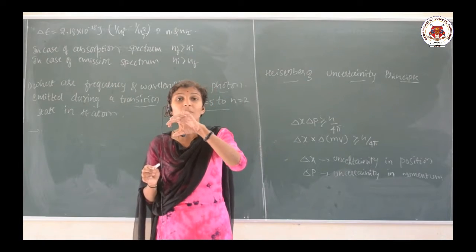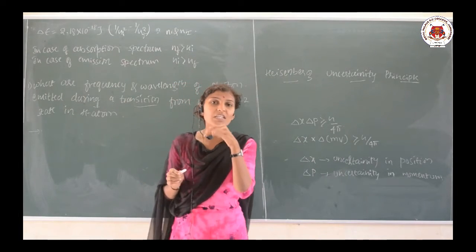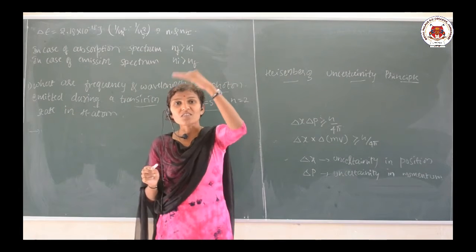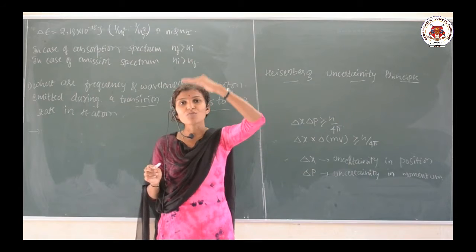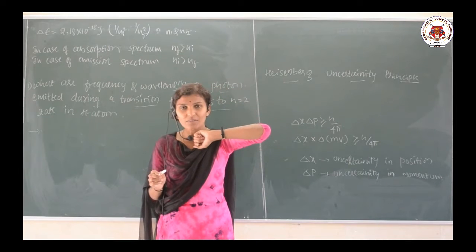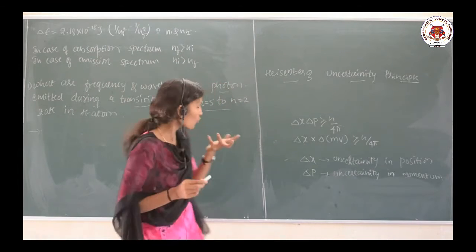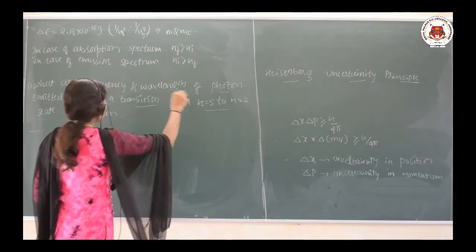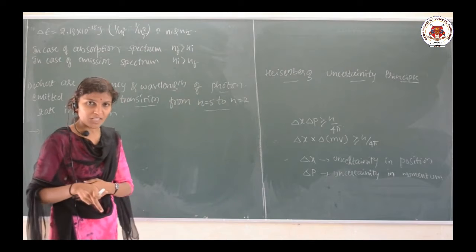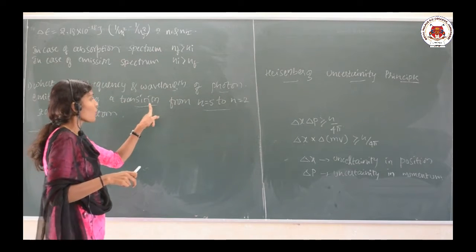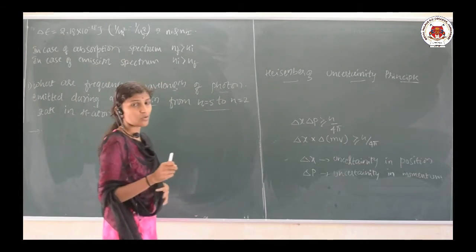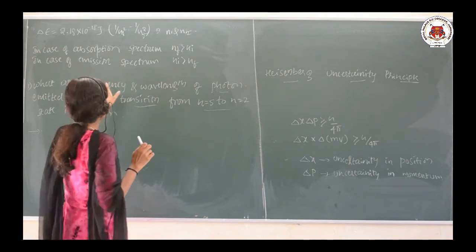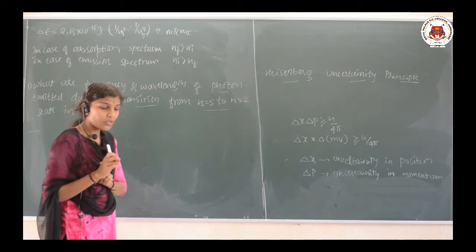As you know, when the electron gains energy, it can jump from a lower energy level to a higher energy level. When it comes back from a higher energy level to a lower energy level, it emits the energy. So here it is emitted. A photon emission takes place when the transition occurs from n equals 5 level to n equals 2 level. Here we need to calculate that photon's frequency and wavelength.